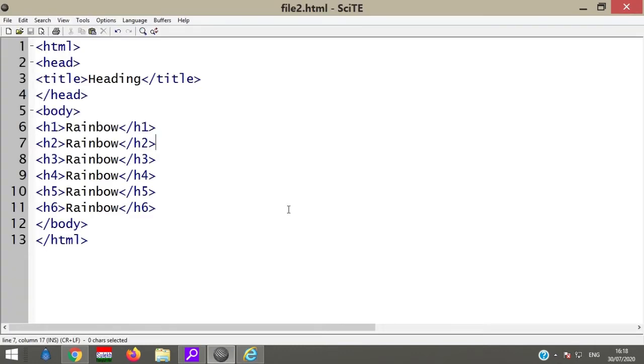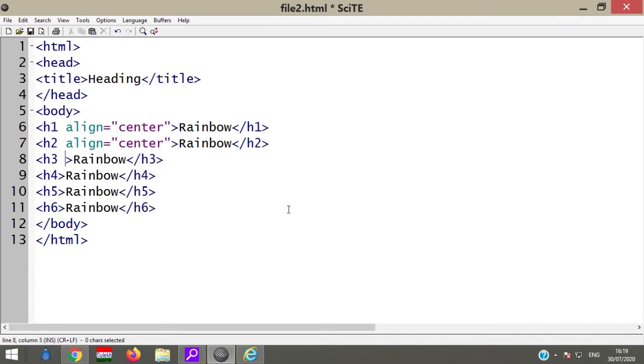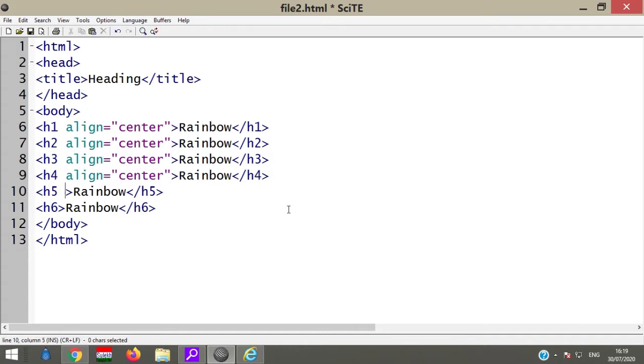Now we are using one more attribute, alignment, that we already used. Align is equal to center. The color will be changed automatically here. It is also an extra feature of the SciTE editor. Now copy, and suppose I am pasting this attribute in all the tags.